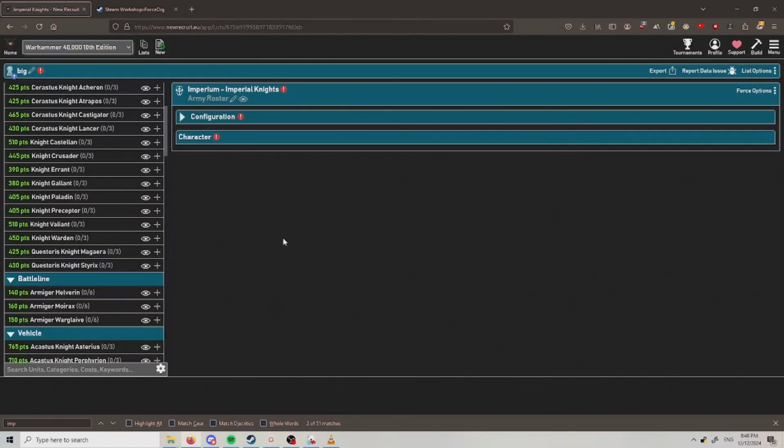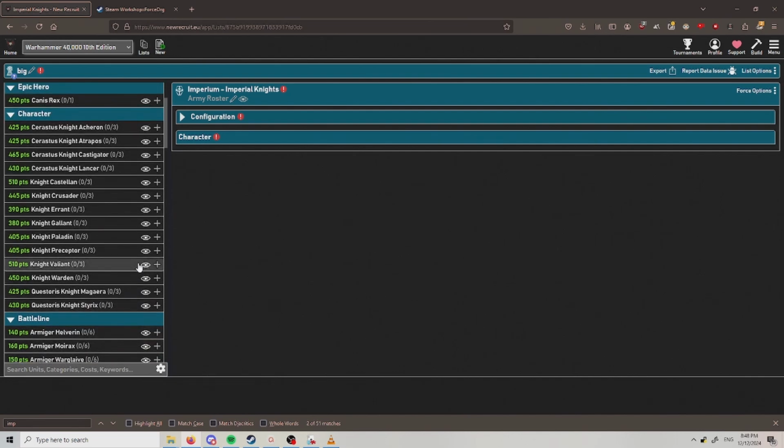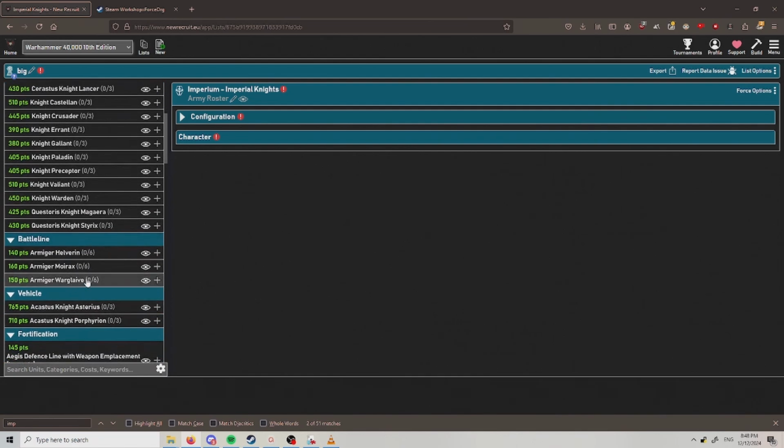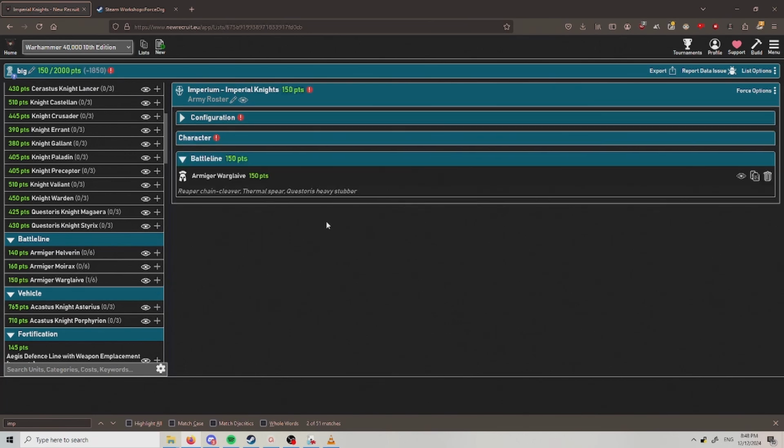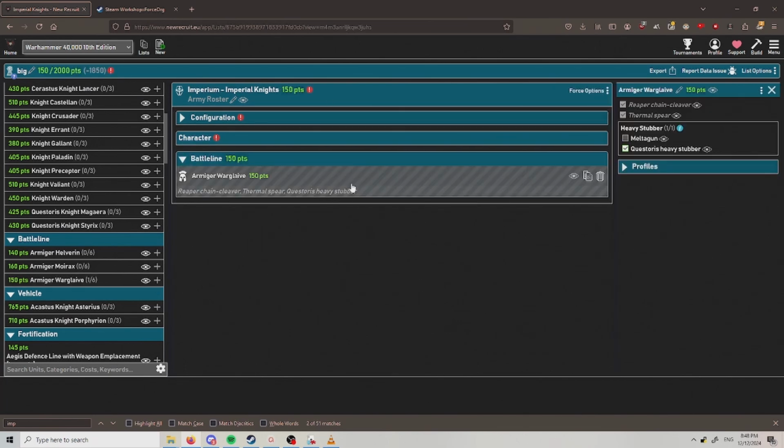After clicking Create List, you'll be faced with this screen, and this is where you'll build your army. It might look a little complicated at first, and it might take a bit to get used to, but let me show you the very basics. So, say I wanted to put an Armiger Warglaive into my list. All you have to do is click plus to add it to the list,